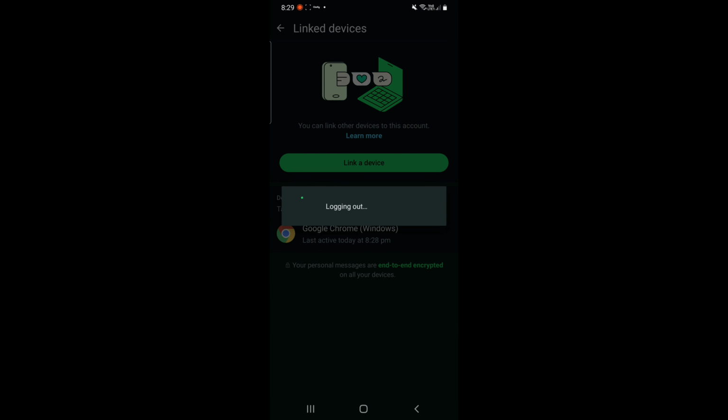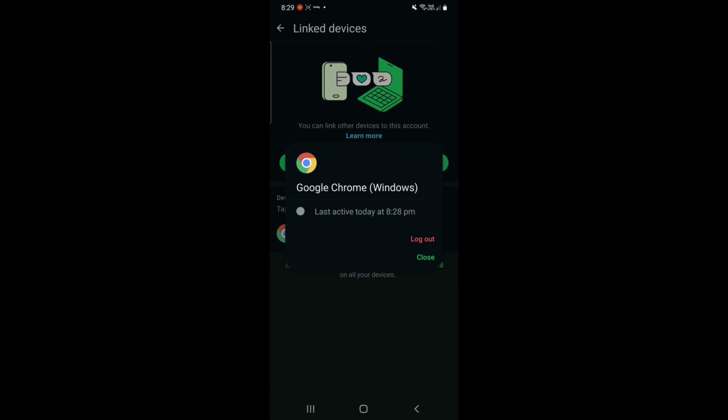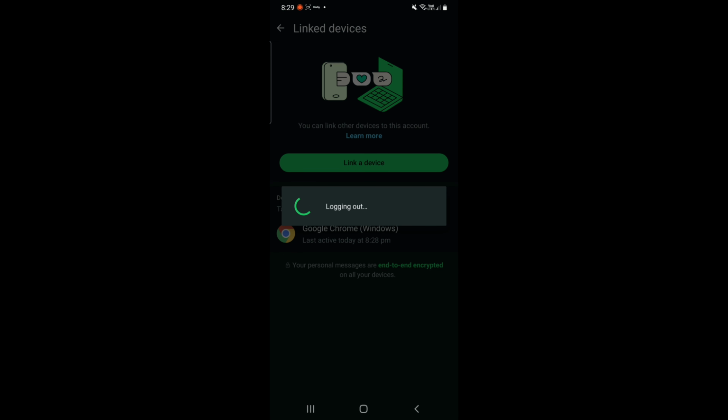You click on Log out and it will take some time, and WhatsApp will be logged out from that particular device which you don't want to be logged in. So without going to your laptop, you can easily log out from your WhatsApp using only your phone, on an Android phone. I would suggest you go to Link devices and check again if it has actually been